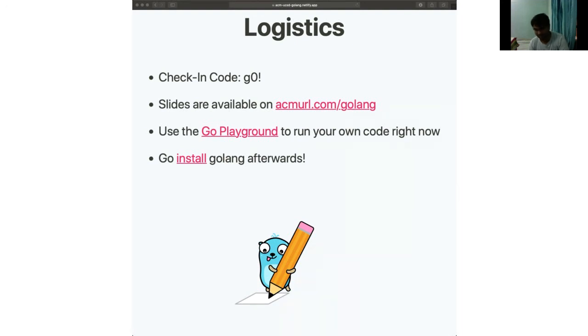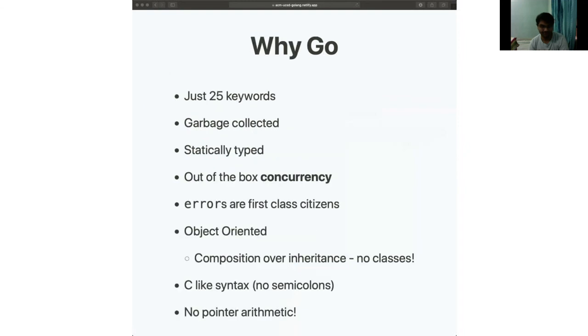If it feels too easy, because some of you have taken CSE 30 and everything, and some of the concepts are too obvious, you can just skip ahead and see what we're doing later. About installing Go, I will not discuss how to install it, because it's kind of painful. In some way this presentation is a pitch for Go, and I hope I can convince you to install Go once you're done. So let's get started.